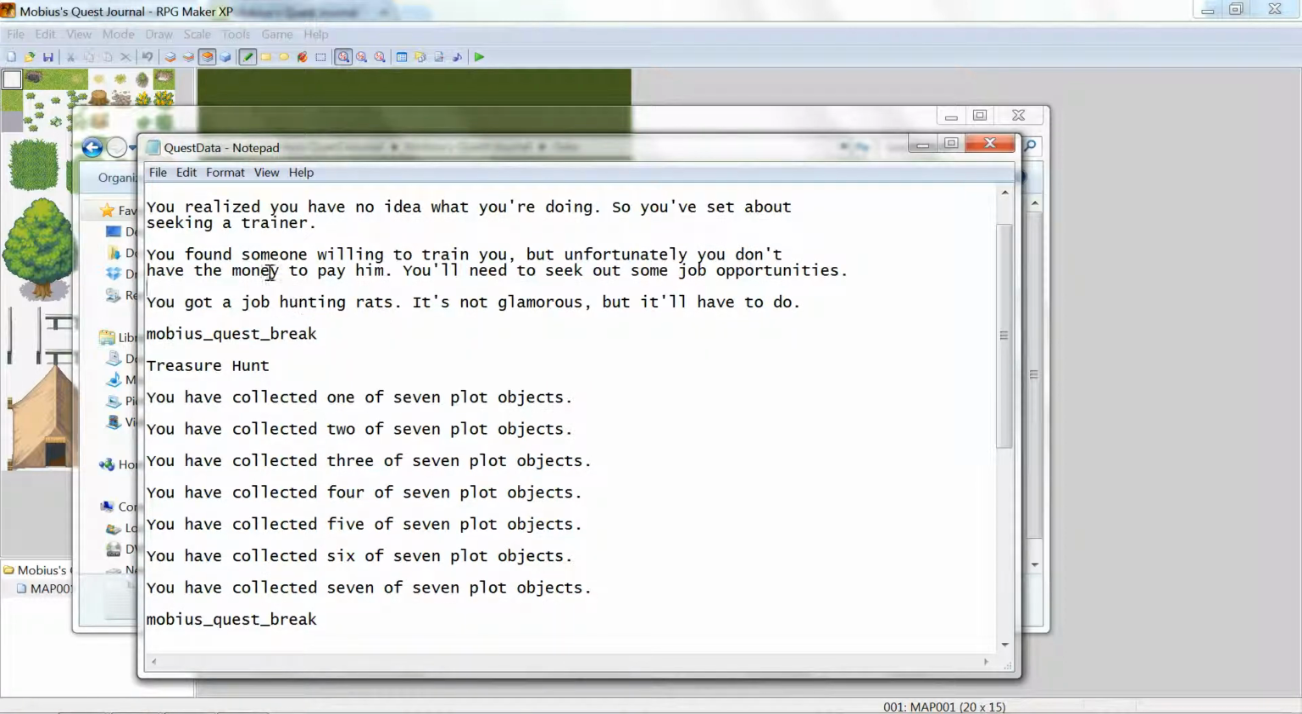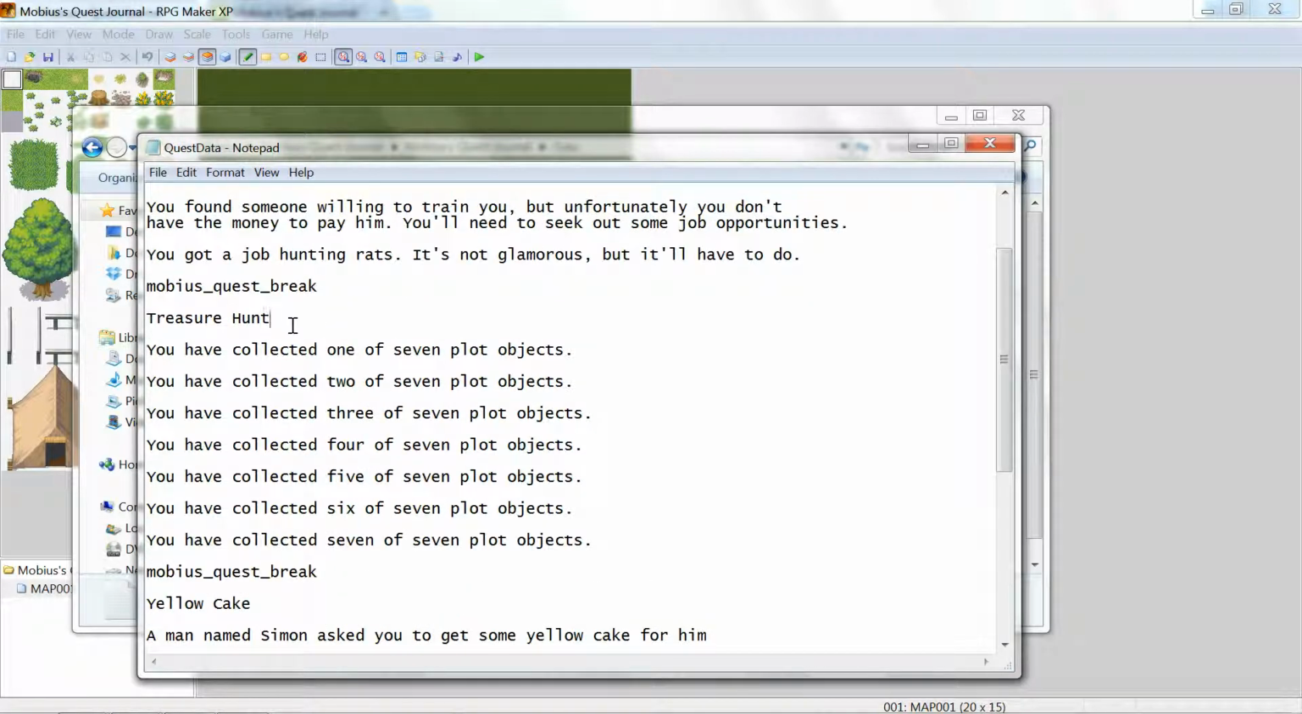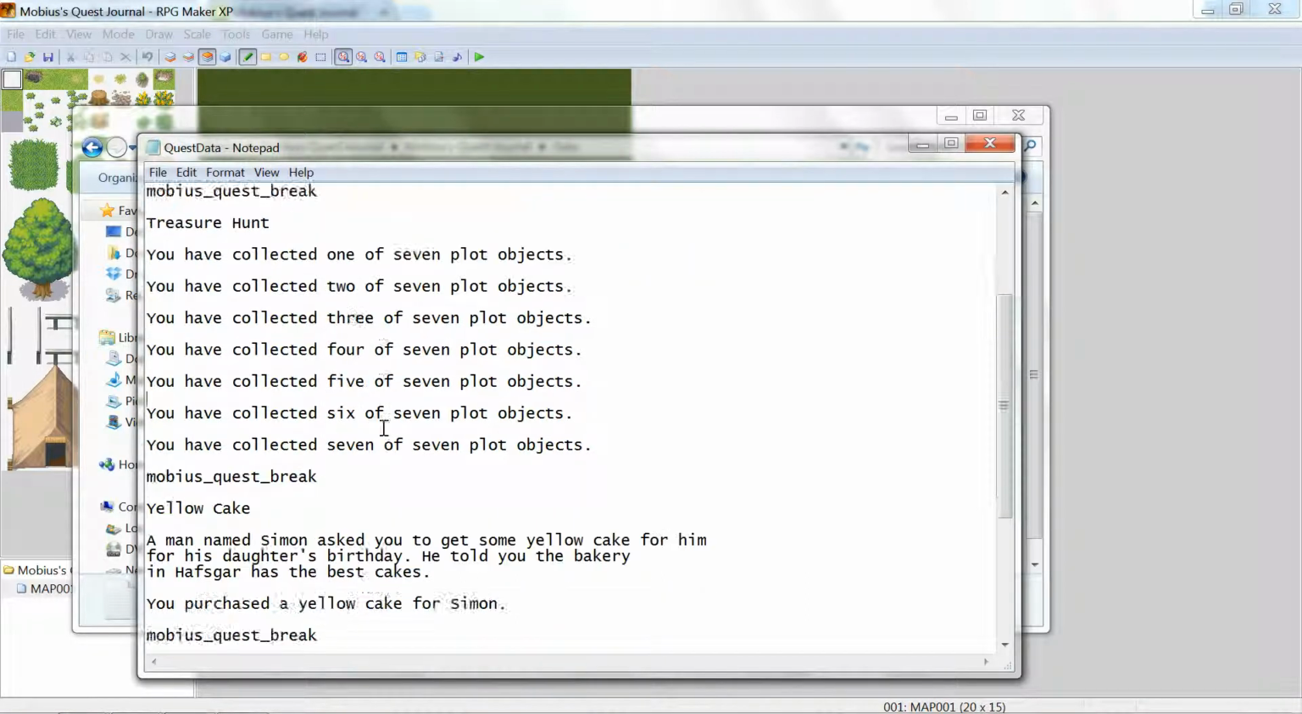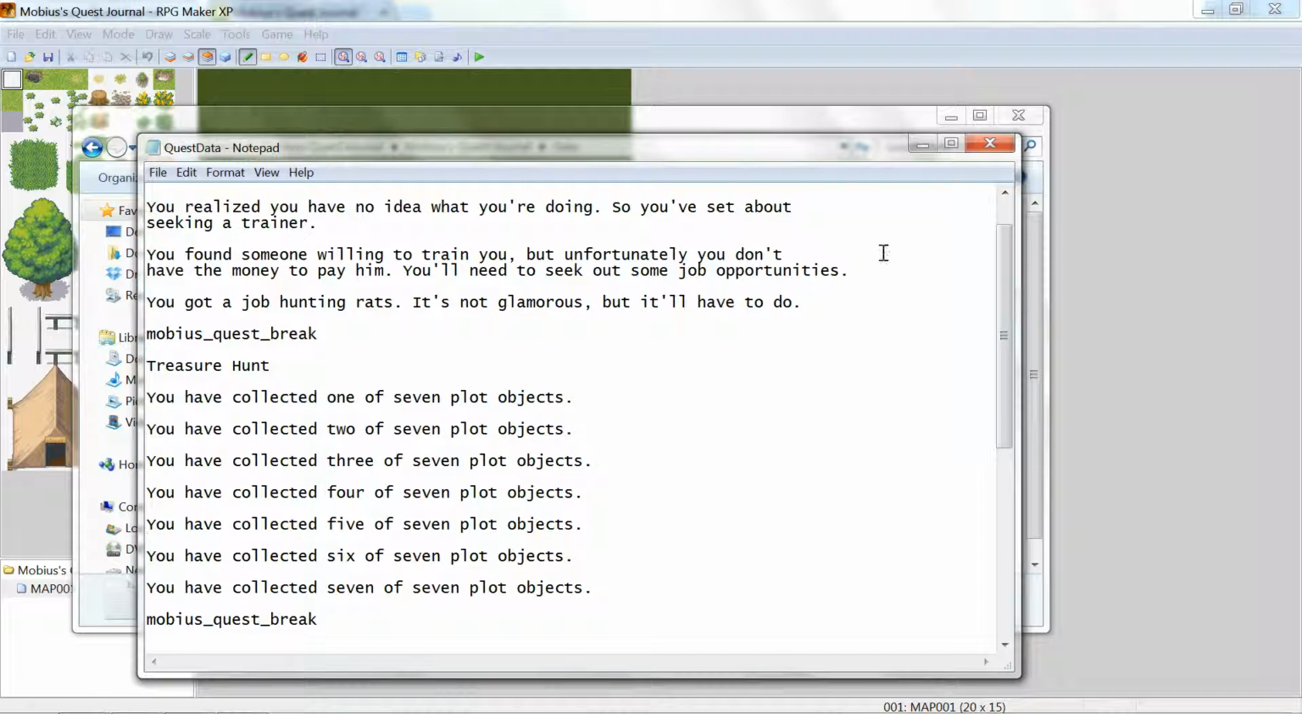out the phases. Then once you're all done with the quest, you'll have another blank line, and then you'll finish it off with this line right here, which is Mobius quest break. And what that does is that'll tell the script, hey, that's the end of one quest, so start over with the next one. So then once you've done that, you can put the title of your next quest, and then you can see you've got all the different phases here, and it pretty much just goes on and on